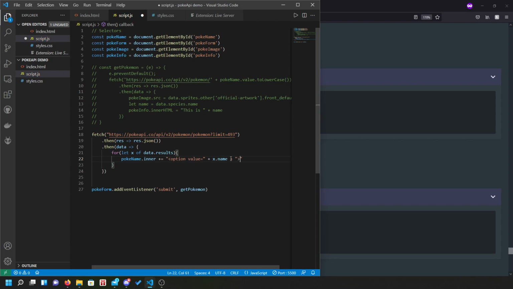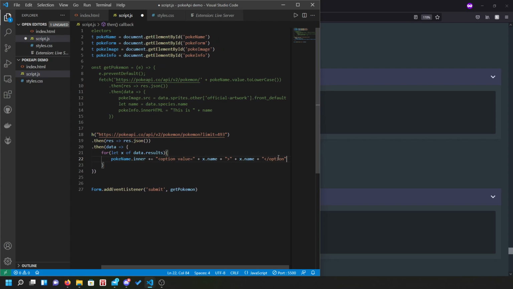Then we have the closing of the first tag. And then we have the same thing again, x.name. And finally, once again, we have to just close it off. Oops. Close tag. Just making sure that's all correct. Yep. So now when we load this page,